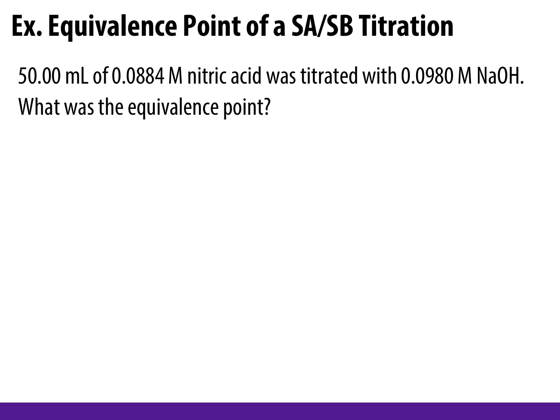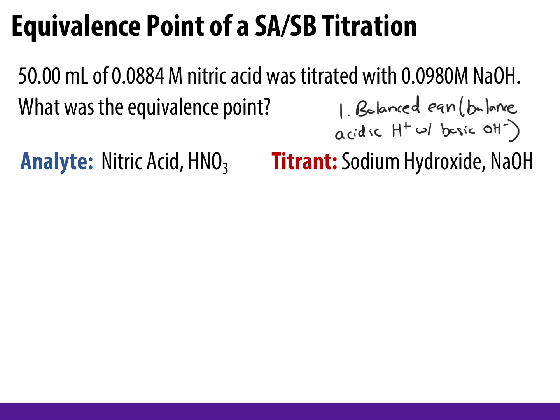With that example out of the way, now let's go through an equivalence point calculation for a strong acid, strong base titration. The steps that we're going to follow to do one of these equivalence point calculations is, 1, write the balanced equation. To get that balanced equation, I need to look at my analyte and my titrant and react them together. So in this case, HNO3